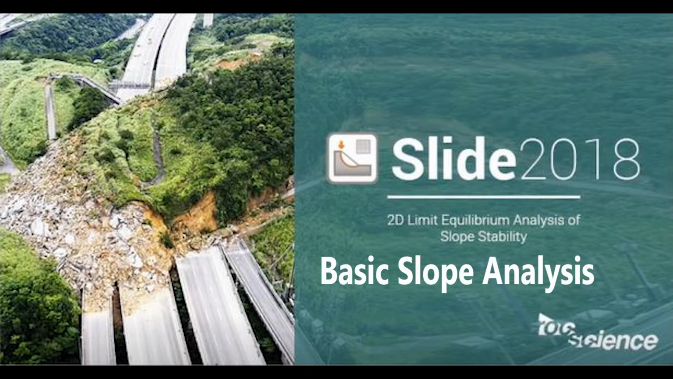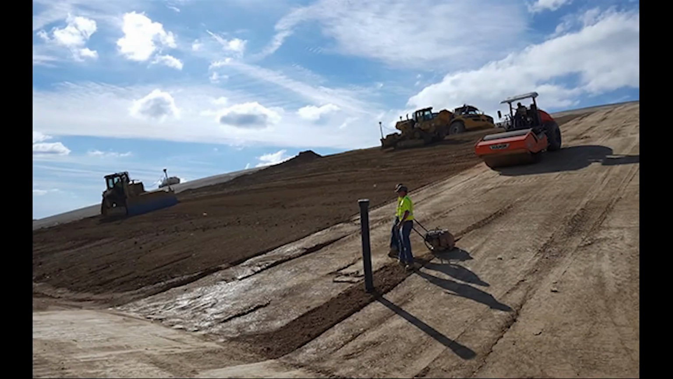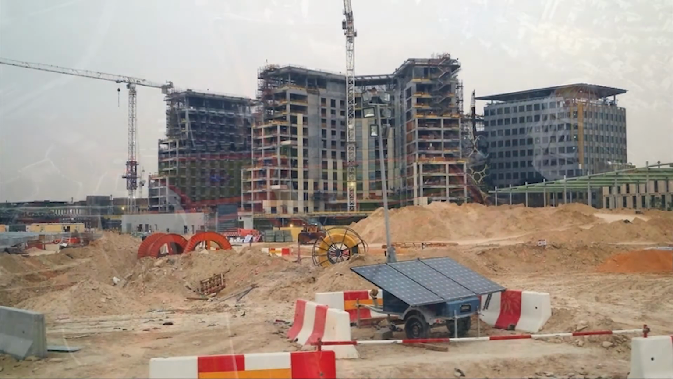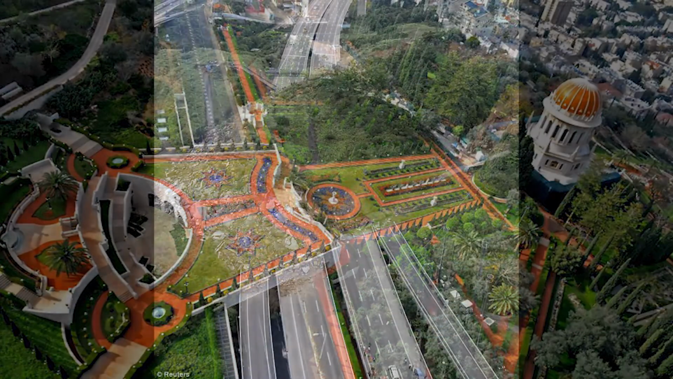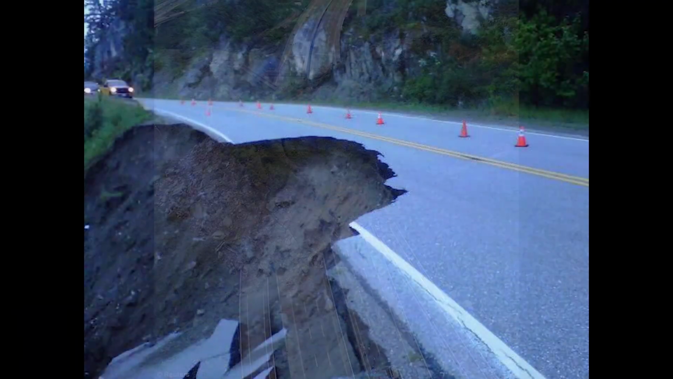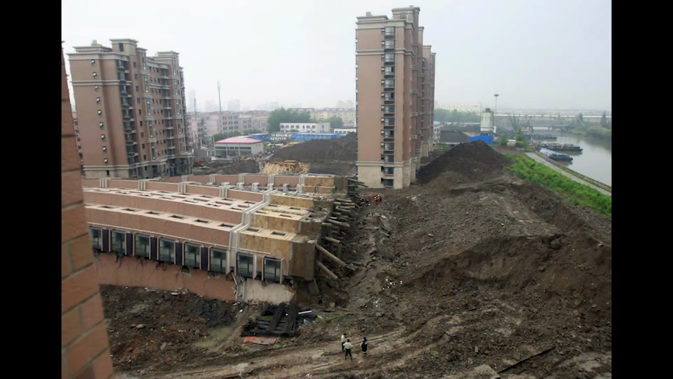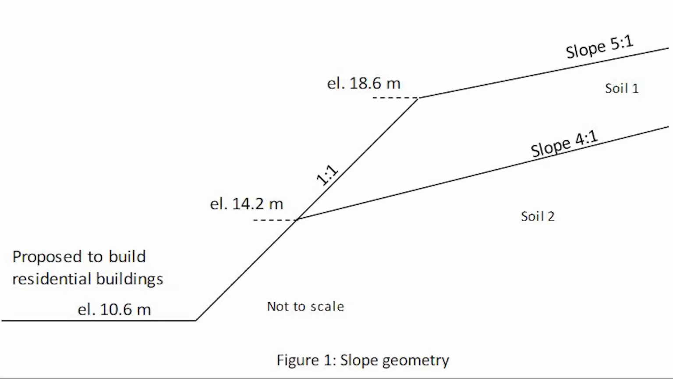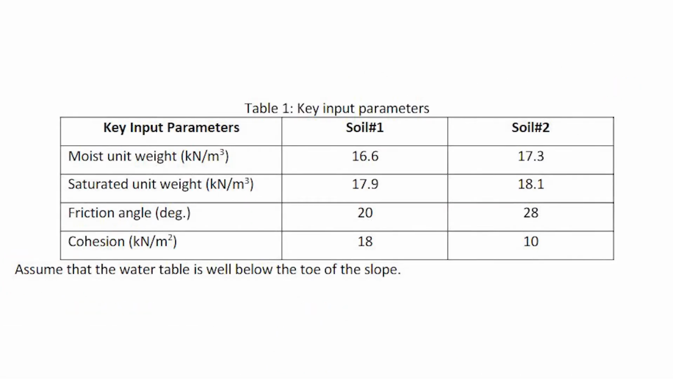Rocscience Slide 2018. Slope stability is an important topic within civil engineering. It can be the establishment or literal downfall of a building and can cause property damage or fatalities if not properly analyzed and constructed. In this video, I'll demonstrate how to build a slope from an example problem. From this, we will obtain a failure surface and a factor of safety for the given slope using key input